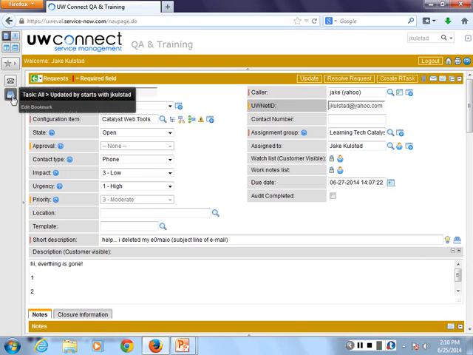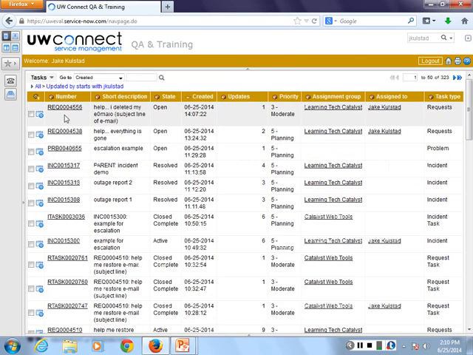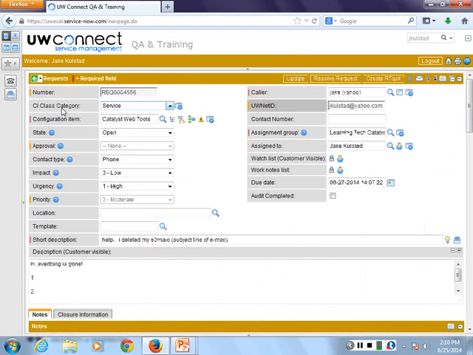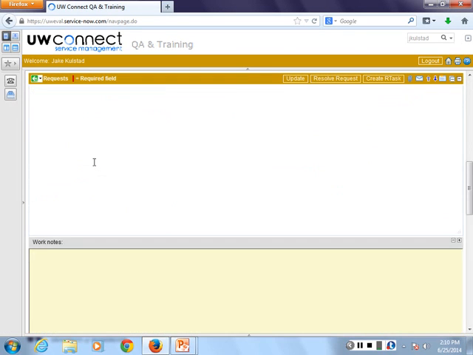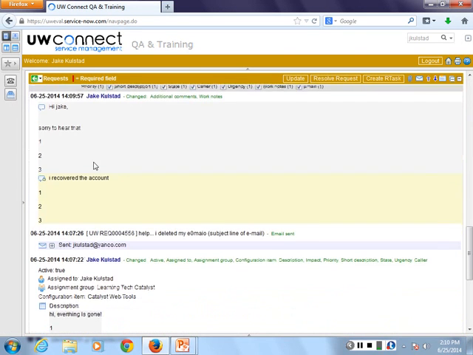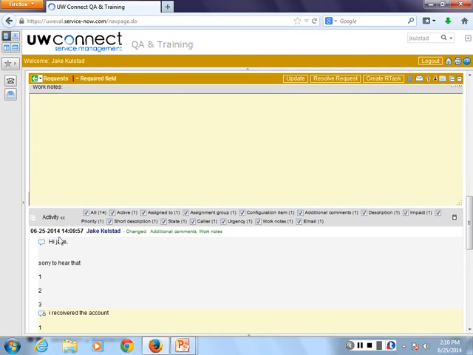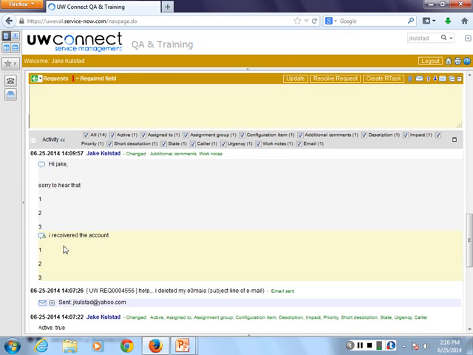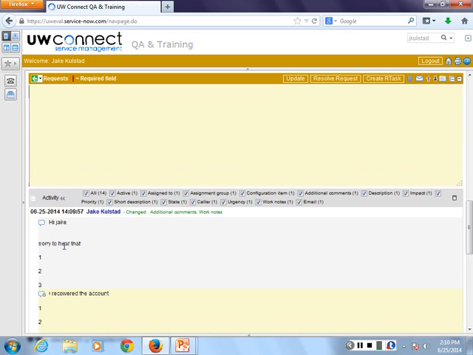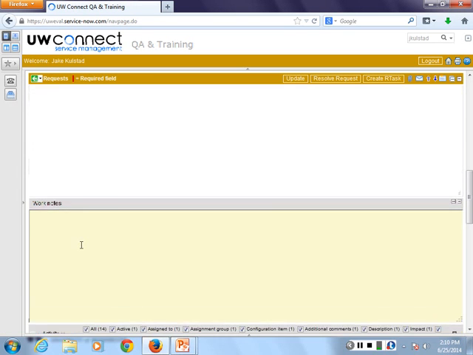If at any time you click the wrong button, come back to your filter here, and you should be able to find your request, the last things you've updated. Great. So let's go down to our log and see the changes we've made. I have my initial email upon insertion. You'll note that I can see the work notes that are internal only with a little lock icon in that beigeish color, and the customer communication here in a gray color.